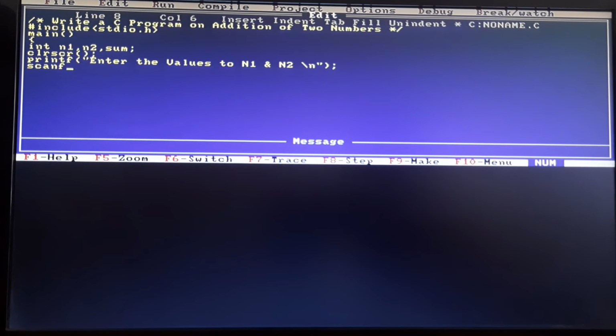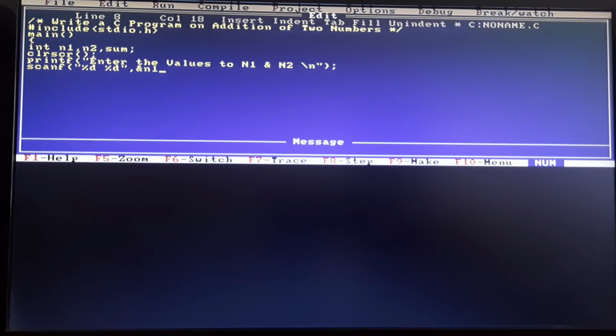The next is the formatted input statement, that is scanf. In scanf, in double quotes, I will write the control string %d. D is the conversion character which takes the first value. Next is one more %d, double quote, comma, then ampersand n1 comma ampersand n2.